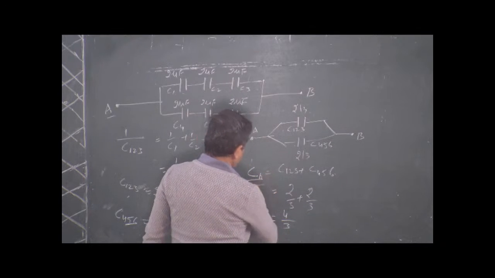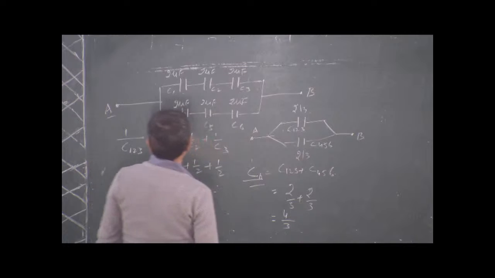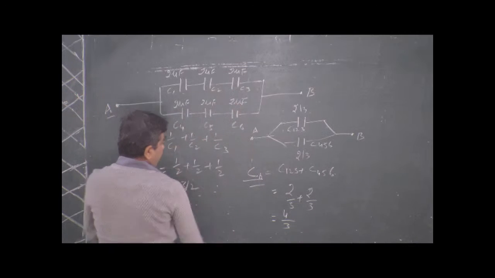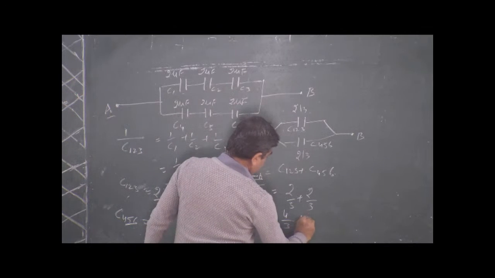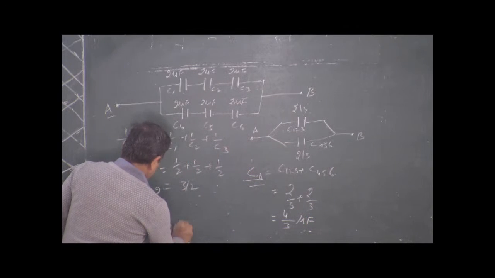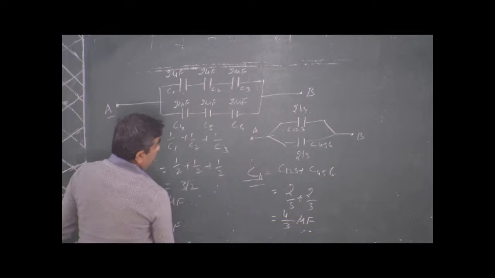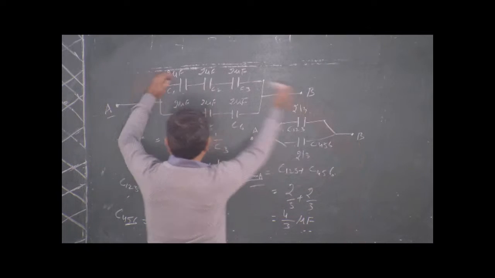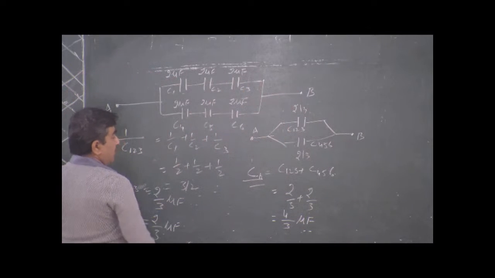It is a parallel combination. So total capacity of this combination will be equal to 4/3 microfarad. This is also microfarad. Remember, units are important. So this capacity of this combination is 4/3